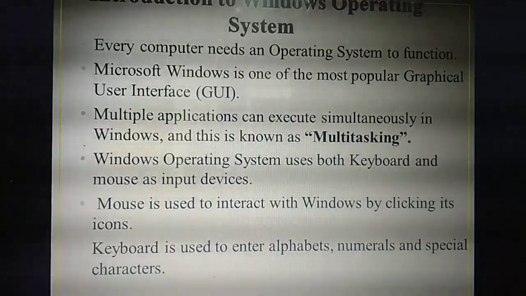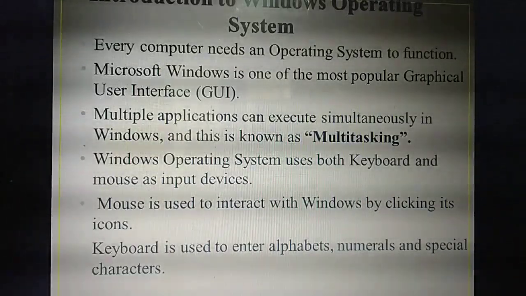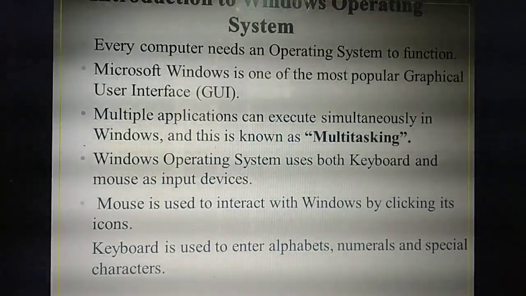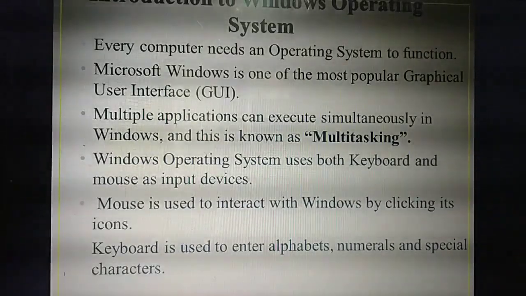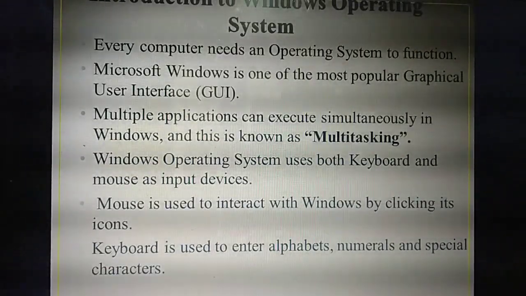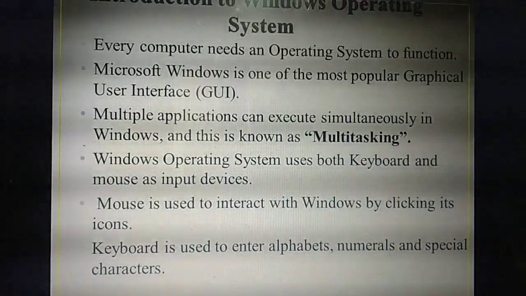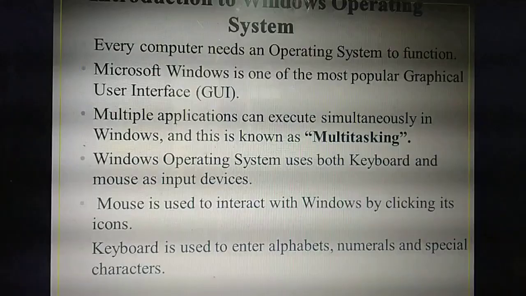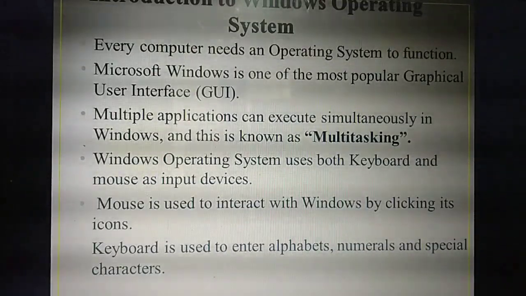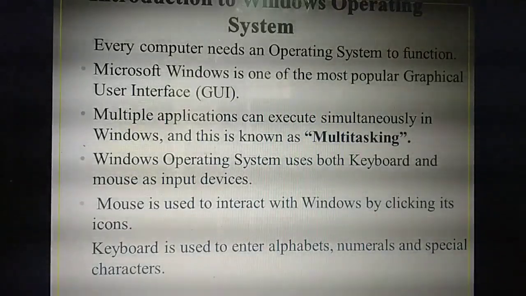Okay. Then one of the important features in an operating system is GUI. What do you mean by GUI? In the last chapter, are you remembering GUI? Graphical User Interface. Listen, each and every chapter is related to one another. Please don't miss any of the chapters. If you miss any chapter, you won't get the continuation, so you will find it tough to study. So what do you mean by GUI? Graphical User Interface. Are you remembering?